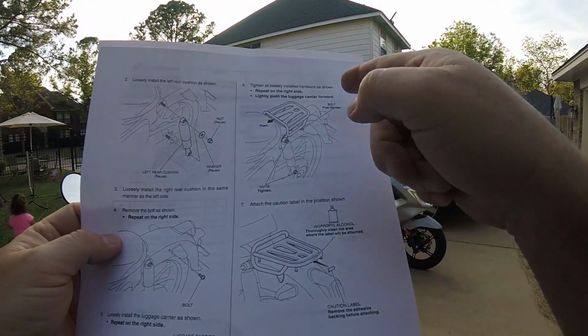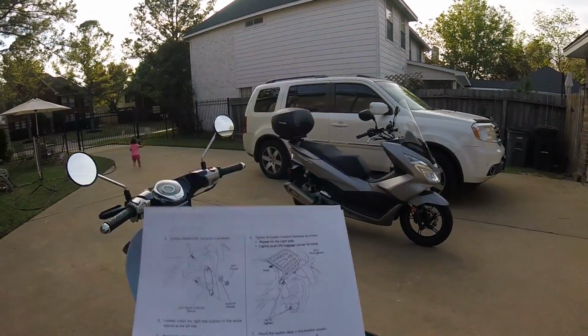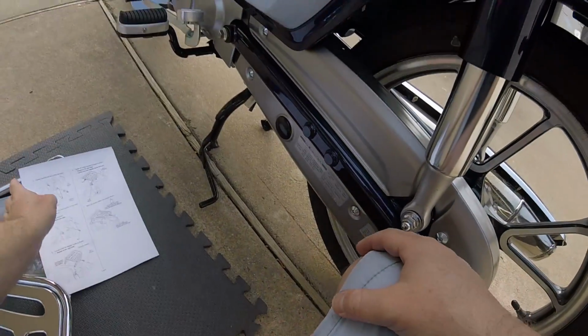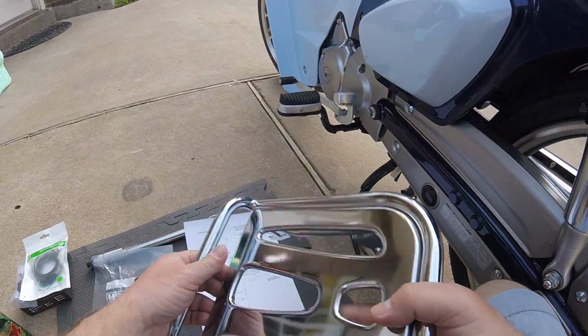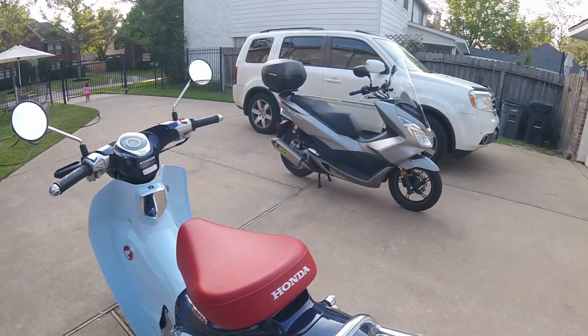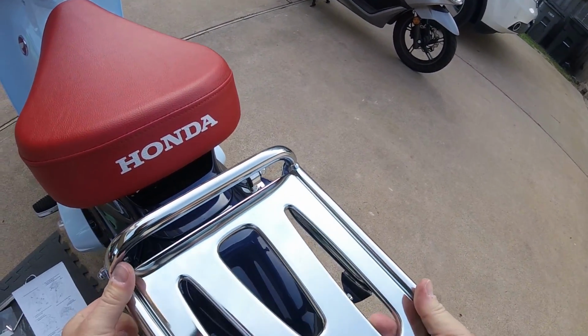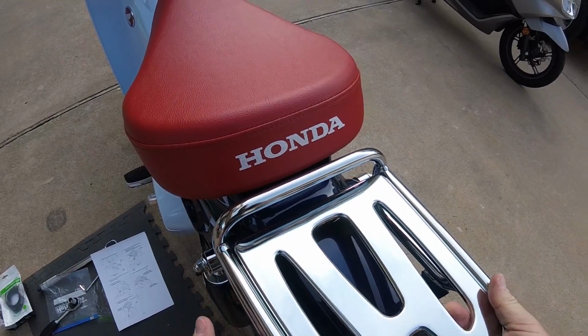And they're just showing put that bolt straight in, frame into there. They've got no buffer washer of any kind. Not real enthusiastic about that. But we'll see how it goes. I got a couple of these, and I do have thread lock that I'm going to put back in there. And let's see if we can do this gently without...